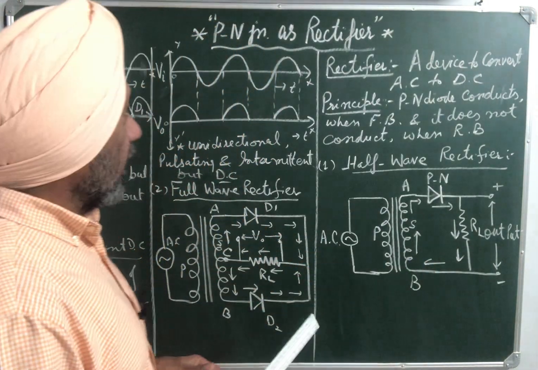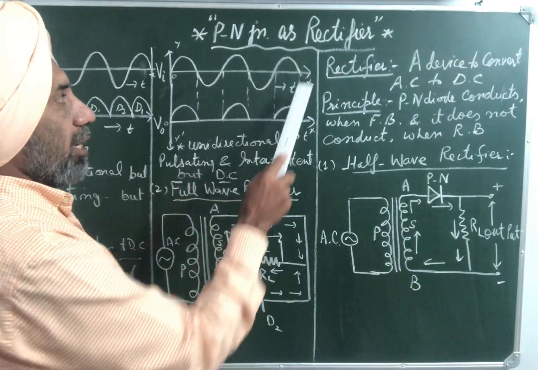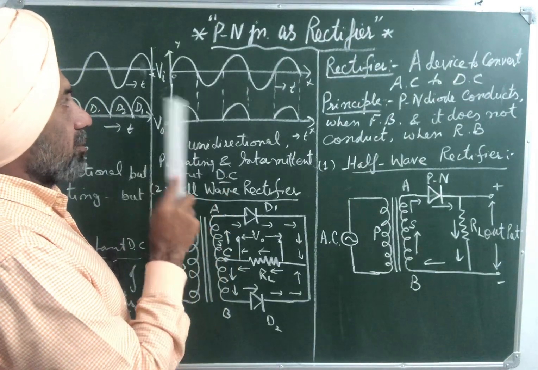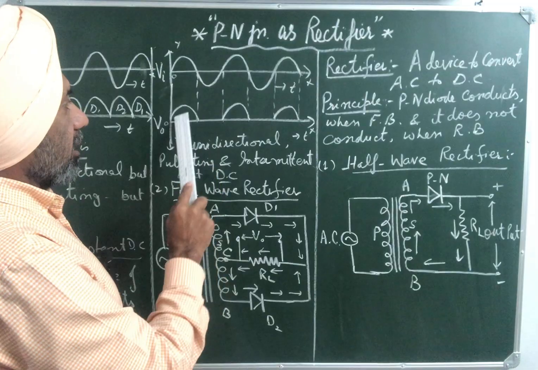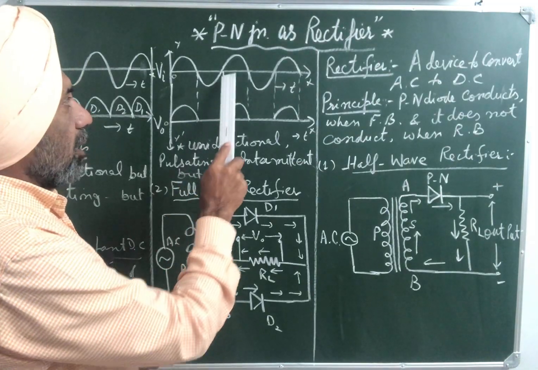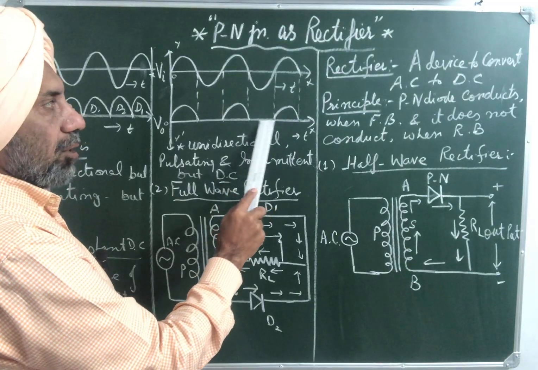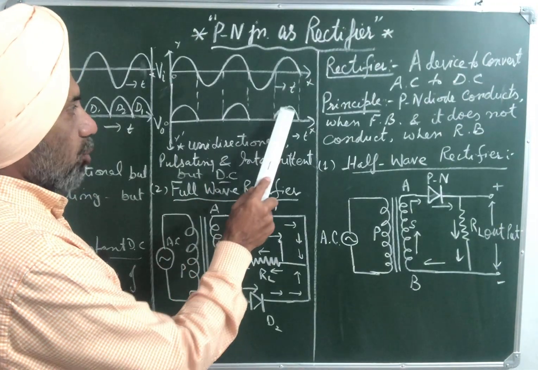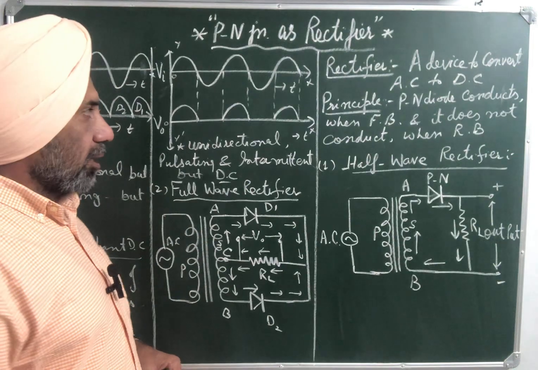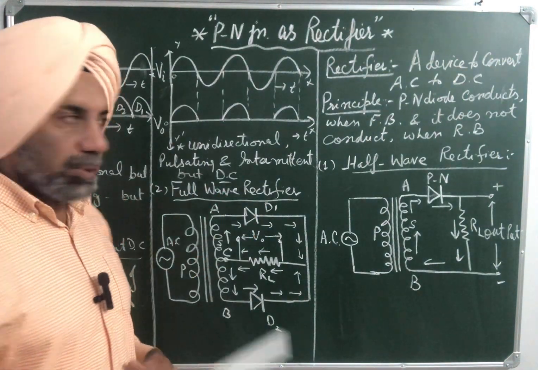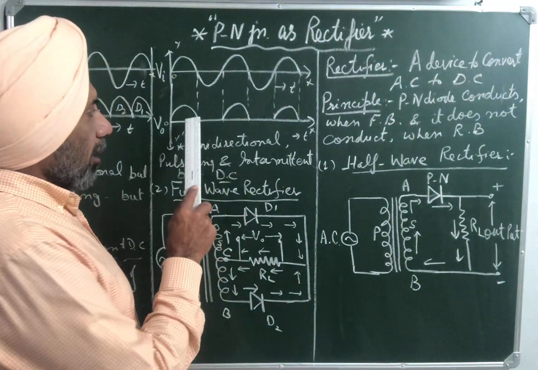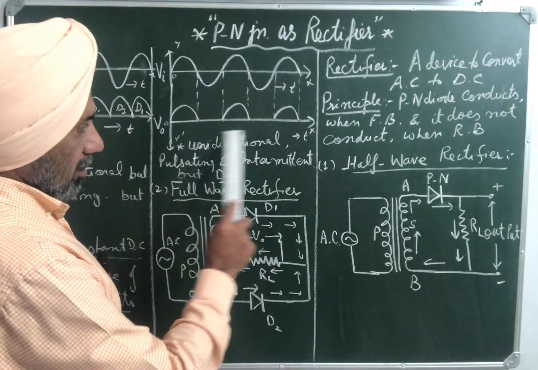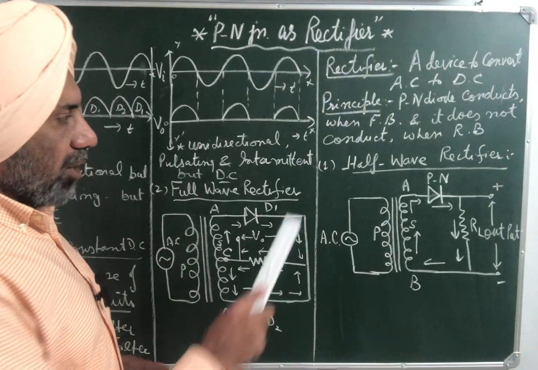So in the case of a half wave rectifier, if this is the input AC voltage, then the output will be like this, because during the positive half cycle the diode conducts, and during the negative half cycle there is no output. Again in the positive half cycle it conducts, then doesn't conduct, conducts, doesn't conduct. So no doubt this output is unidirectional but pulsating. It appears in the form of pulses, not constant but intermittent, with gaps, but it is DC. So we have converted AC to DC,